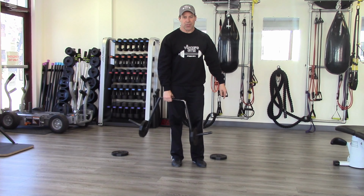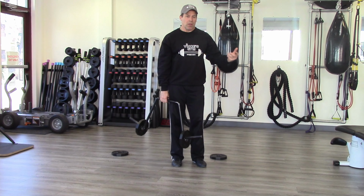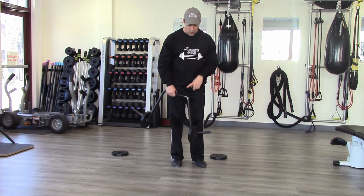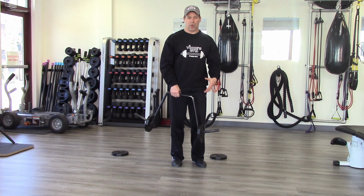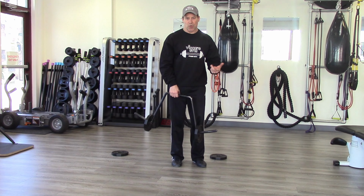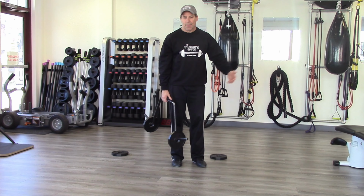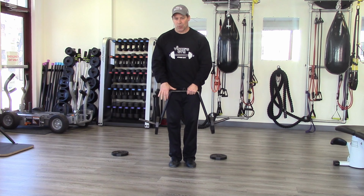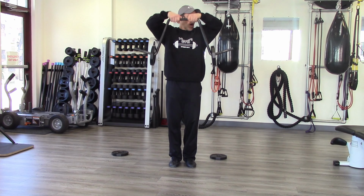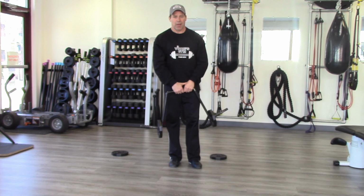And it's just a really neat exercise. Again, it's something that you can do with a barbell or dumbbells, but with the Inferno bar, it's a different feel, but it's also small. So if you're at your home or your home gym or your apartment, and you don't have space for a huge Olympic bar, then this is just a great piece to have because it's small, compact, and you can do a lot with it. It doesn't take up a ton of room,